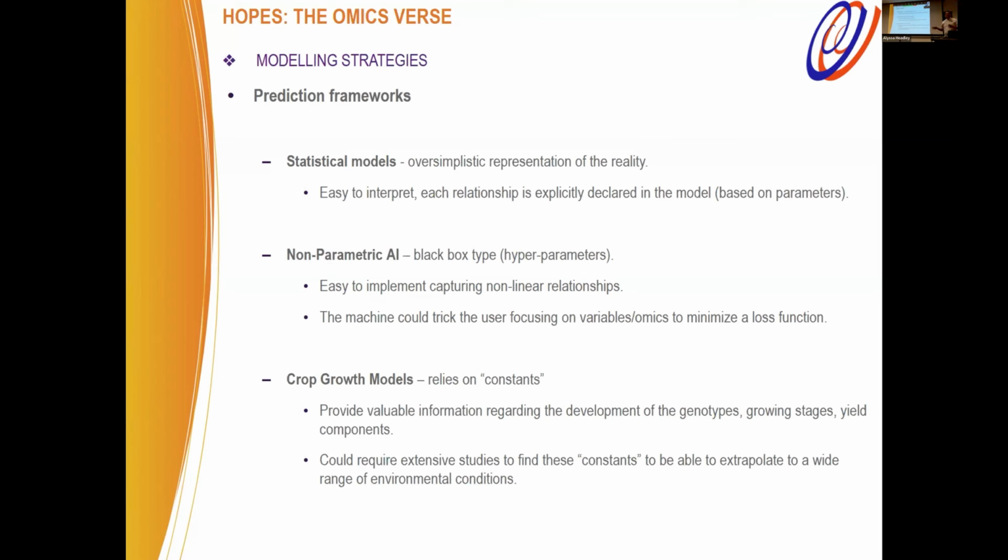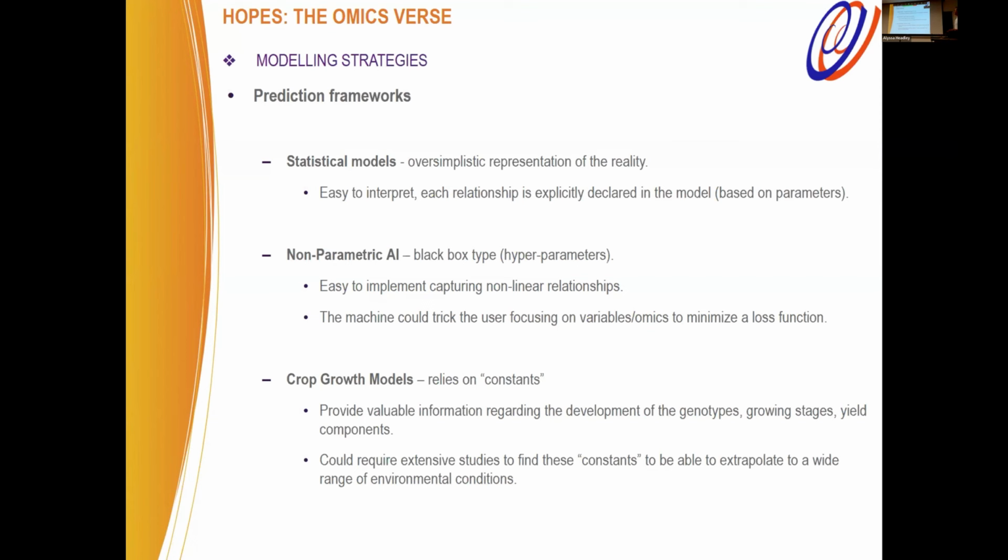The big idea working with these AI methods is that you have to minimize a loss function. So the square of the difference between predicted and observed values. And many times this machine is going to pick the layer that minimizes that difference. And that difference might not even be genetic, it might be weather, it might be management. And the readers might be very happy that you have a method that performs very well trying to predict, but probably you're not advancing genetics, you're advancing something else. That's why it's a little tricky when we think about using AI, right?